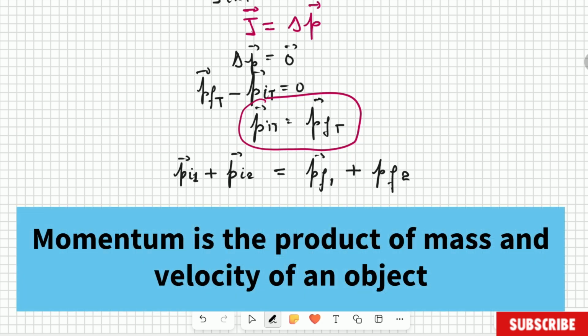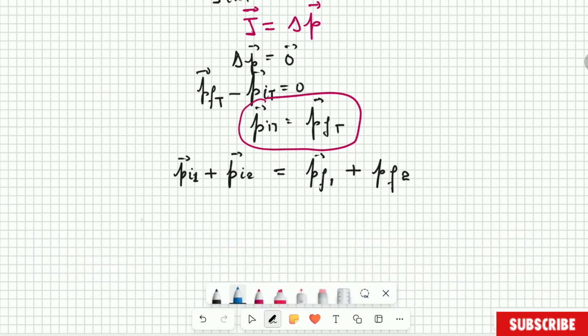The initial momentum of the first object will be the mass of the first object, m1, multiplied by the initial velocity of the first object. Plus, now we're going to the second object: mass of the second object multiplied by the initial velocity of the second object, and all that is equal to